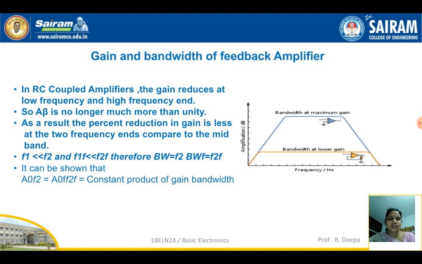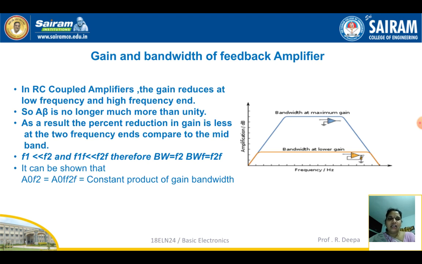So the graph is drawn between the operating frequency versus the amplification, that is the gain. Gain is represented on the y-axis in dB, and on the x-axis we have the different operating frequencies. You can observe here the blue color shows the amplifier gain and it is maximum. At low frequencies the gain is less. Even at the very high frequency end the gain is very less, whereas in the mid frequency range the gain is seen to be maximum. This is represented in blue color.